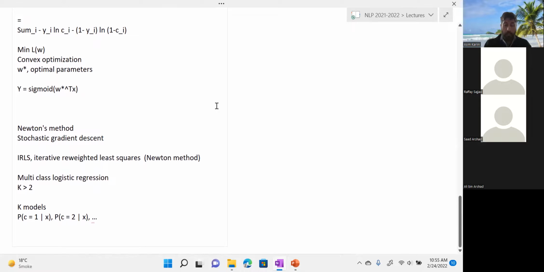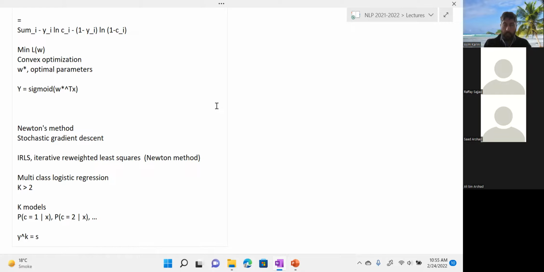So in the case of multi-class logistic regression, we have a separate model for each of those probabilities. And that separate model, let me denote it by the superscript k, not the power, but the superscript k,